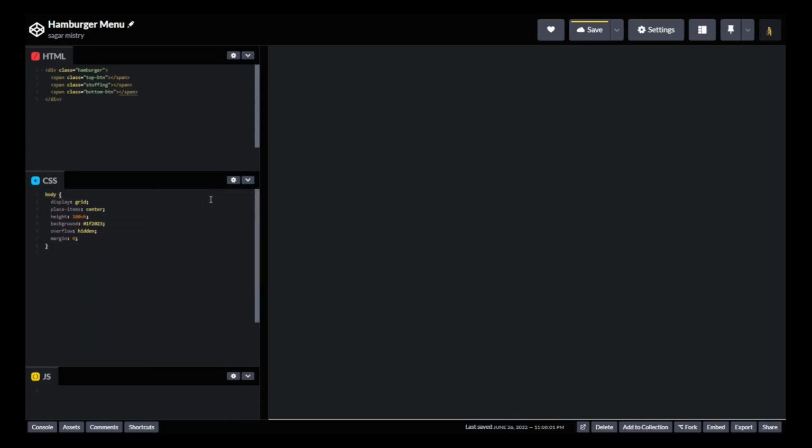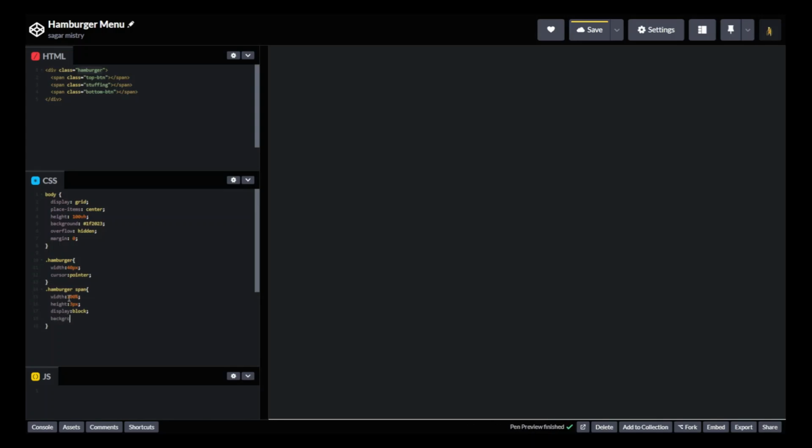So let's start with the first class. So let's go with the first class called hamburger. So we just create the hamburger, and we need that as a body pixel. Okay, and the cursor should be on the pointer. Okay, and the second one, we have the hamburger, but we will have multiple spans, right? And the span should be 100 percent width, and the height will be 3 pixels. Okay, and we will go with display block,